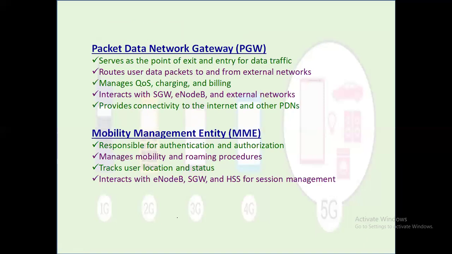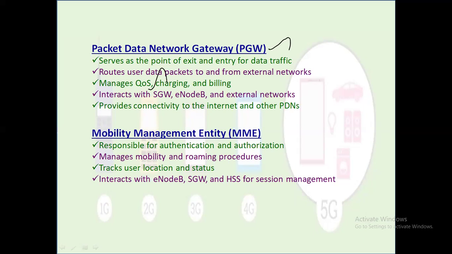Next, we'll move on to PGW, that is Packet Data Network Gateway. This is a pivotal element in 4G LTE network, serving as the point of exit and entry for data traffic and routing user data packets to and from external networks, including the internet and other public data networks, PDNs. The PGW manages quality of services, that is